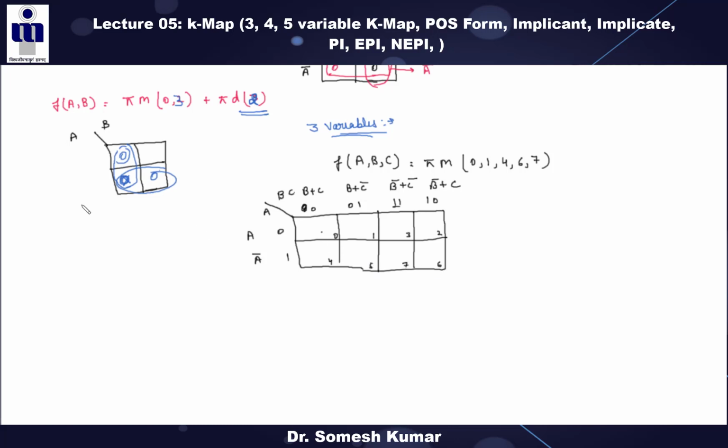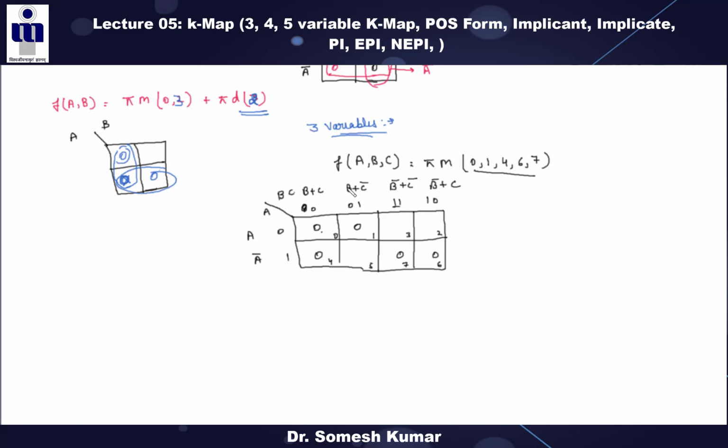So now tell me which one is zeros, which one is 1. These zeros are given. The max terms are this 0, first, fourth, sixth, seventh. Oh, sorry, just a minute. No, this is fifth, fourth, sixth, seventh, right? These are your max terms, right? Now, how to solve it? How to minimize it?